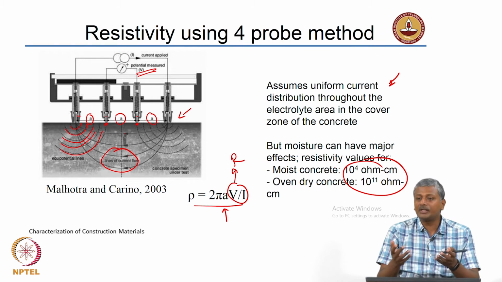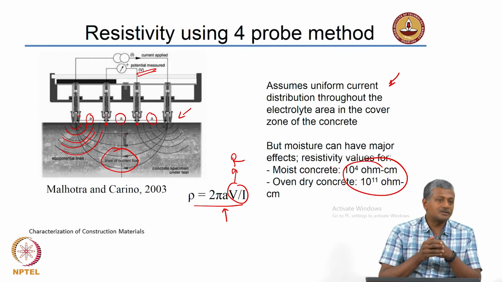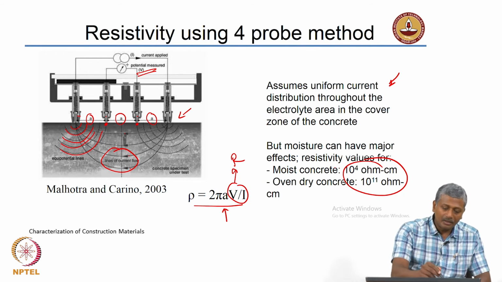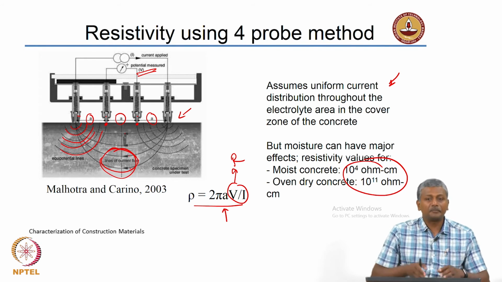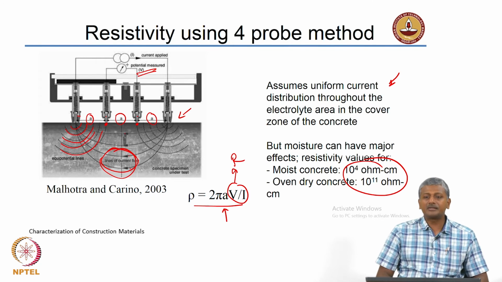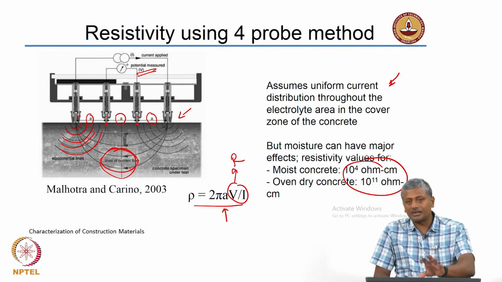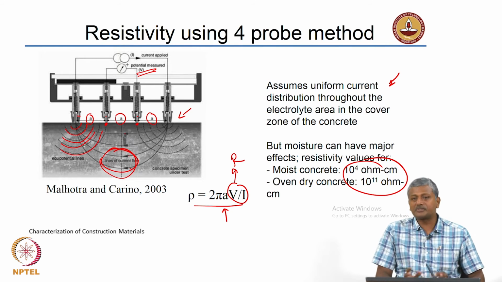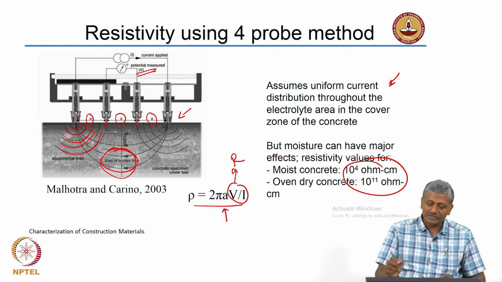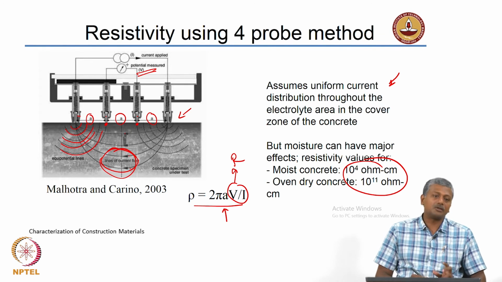Okay. But on site you need to contend with one more problem. There is going to be steel under the surface, and very often the current flow lines can actually end up intercepting the steel also, in which case you will get completely erroneous readings. You want to check the conductivity or resistivity of the concrete, not the entire system. Okay. So, the presence of steel will obviously lead to errors in field measurements, but more than that is the presence of moisture, which plays havoc with the measurement of resistivity in concrete systems.